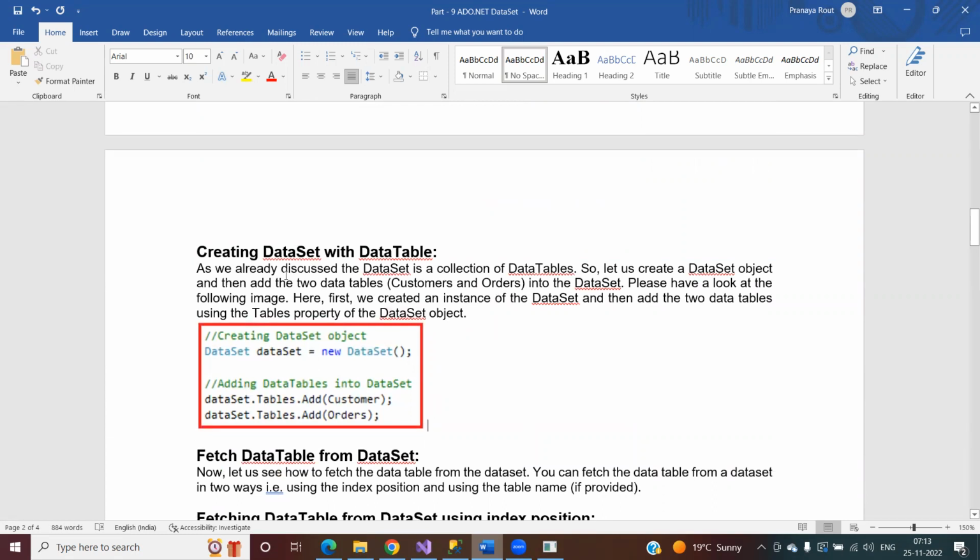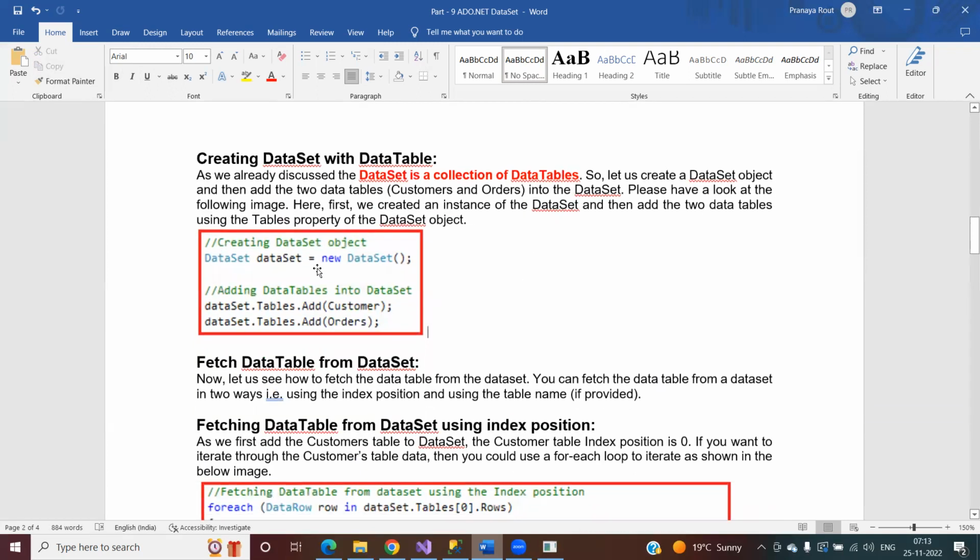So what is a data set? It's a collection of data tables, right? As it's a collection of data tables, we can add 1 or more data tables inside a single data set. So you can see here, I'm creating the data set object by using the default constructor, right? Then I'm adding the data table inside the tables collection,